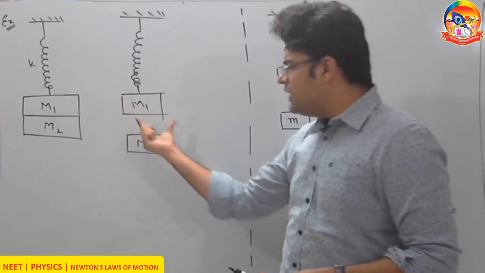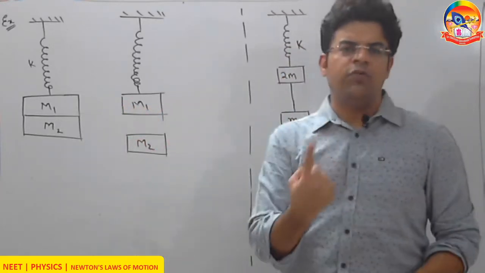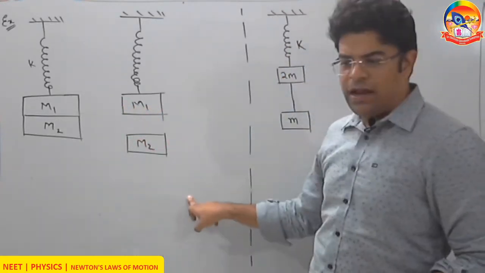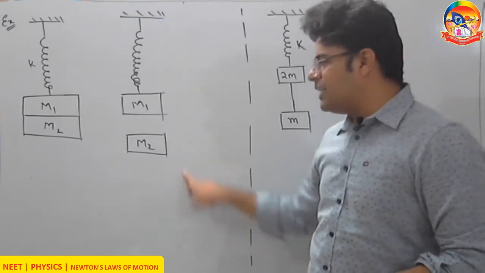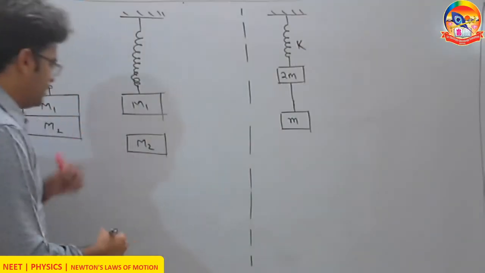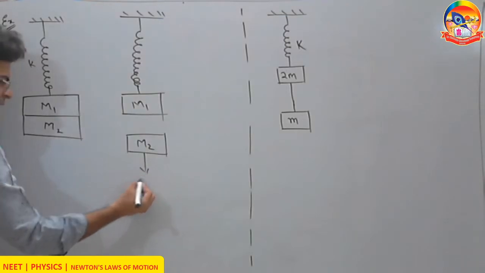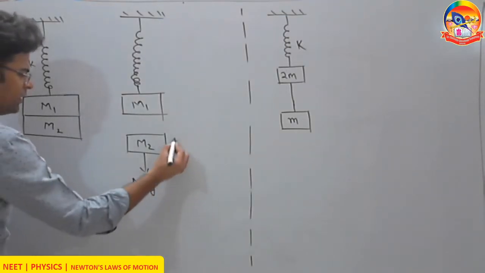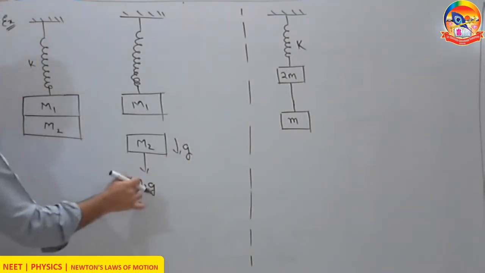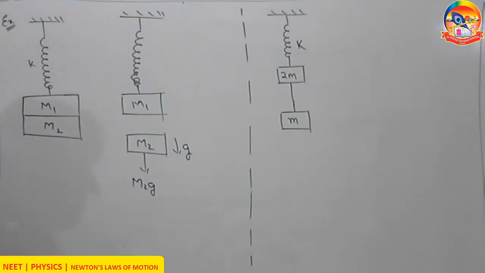As soon as m2 breaks off, there is only one force acting on it, and that is the force of gravity. Since the force of gravity acts on it, the only force acting on m2 after getting disconnected will be m2g. So the acceleration of m2 has to be g down, force divided by mass. Game over. Now what will be the acceleration of m1?